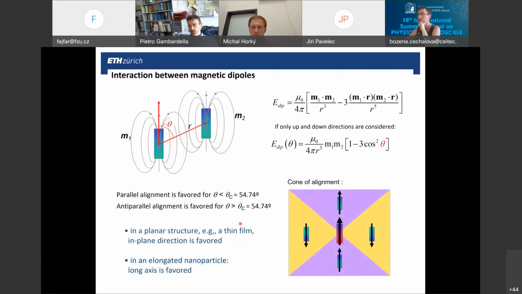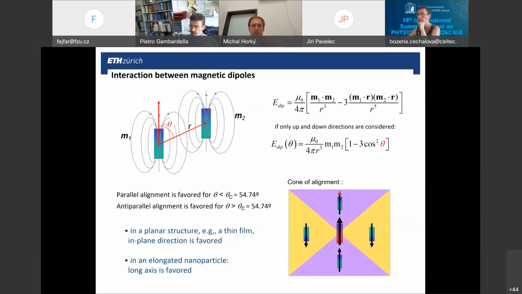There is, however, another term that is important in determining the magnetic anisotropy, and this is the dipolar interaction. Whenever we have two magnetic moments, their interaction is anisotropic. One moment feels the magnetic field produced by the other moment and vice versa. The interaction energy is given by this dipolar term here, which depends on the relative orientation of the two magnetic moments. As we know, it is easier to arrange dipoles with head-to-tail alignment. So this is the